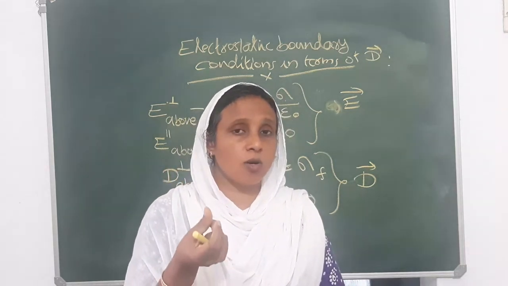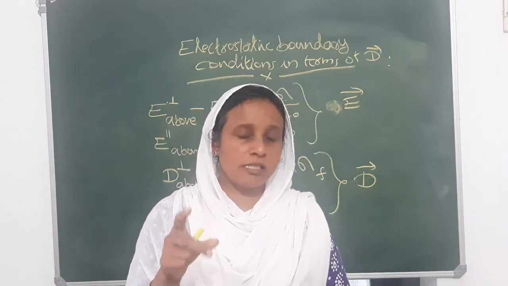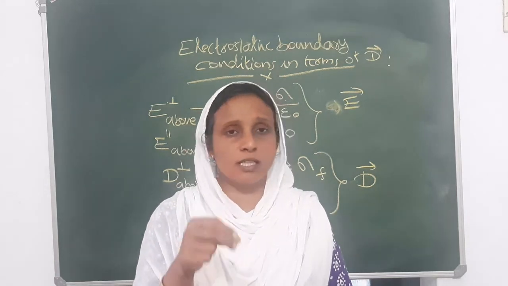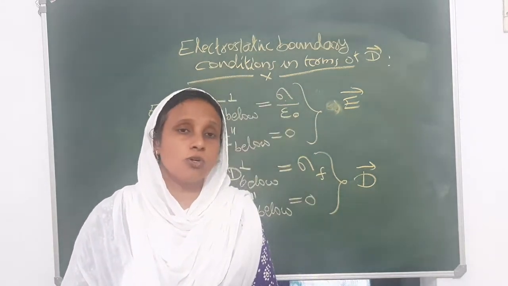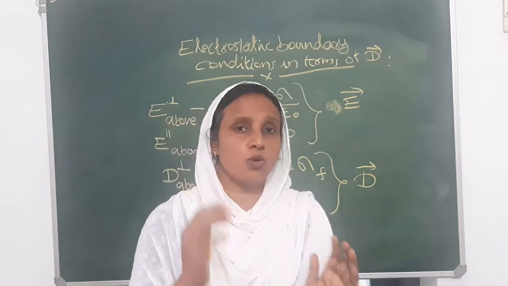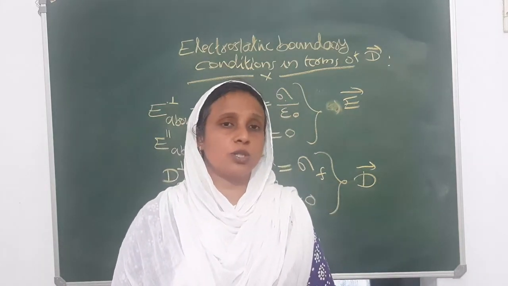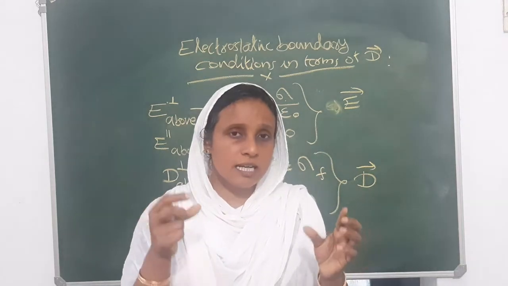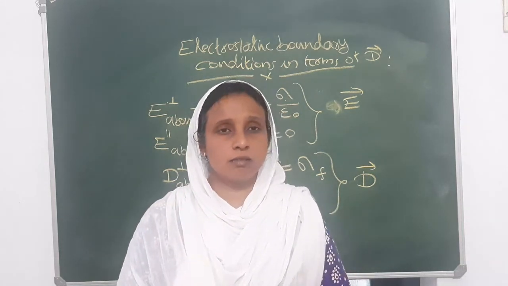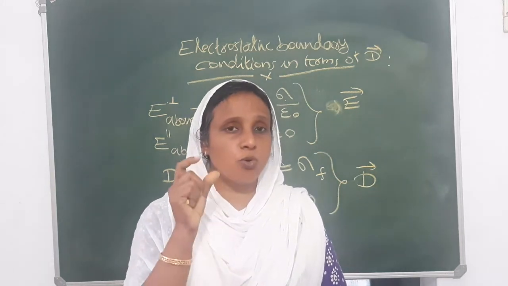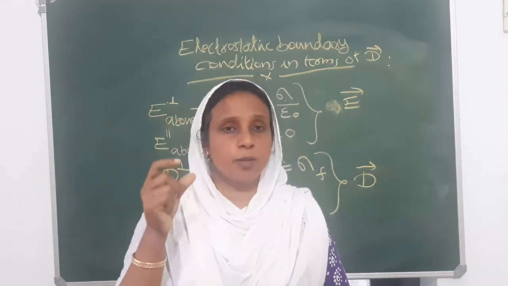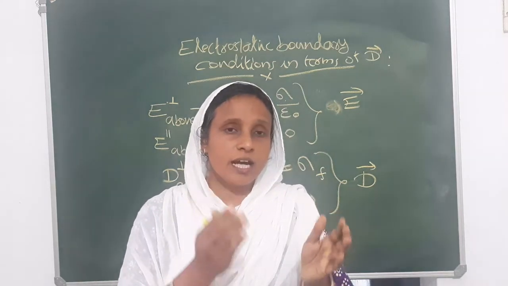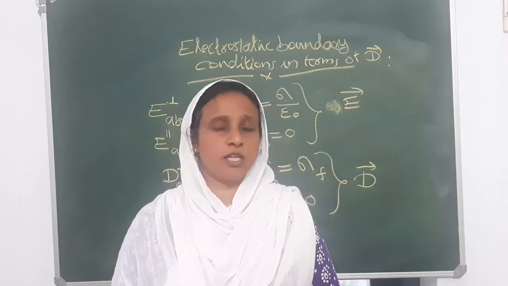The bound charges are always internal inside the material, and we know nothing about them, but we know information about the free charges. So the Gauss law is written in the new form del dot D equal to rho f in the case of a dielectric. The electric displacement vector is defined as epsilon 0 E plus P, where P is the polarization, and we write the corresponding integral form of the equation.